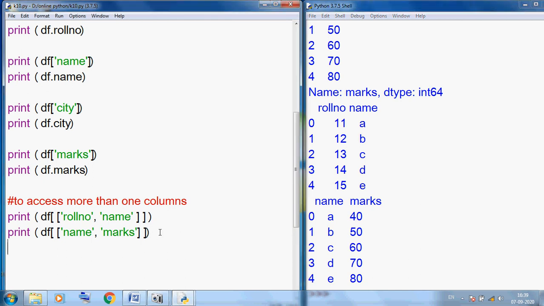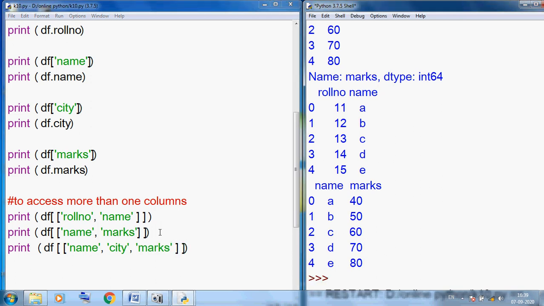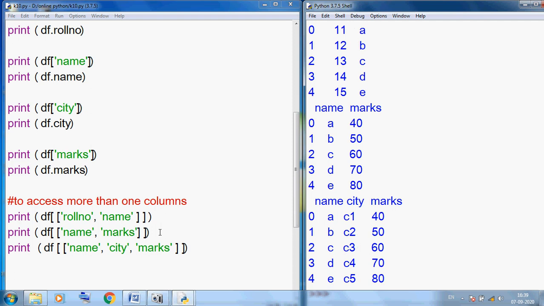So we can use this style to display multiple columns. You just keep in mind this structure. Suppose I want to display name, CT and marks. So you can use this style to display selected columns. Here I am accessing more than one column.